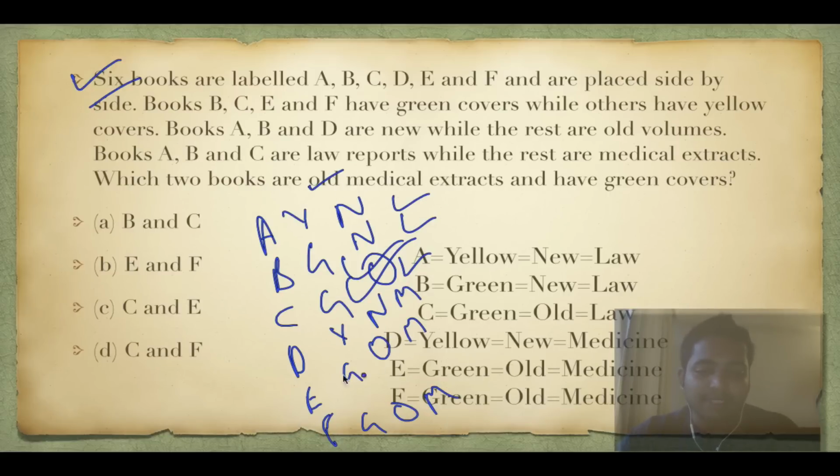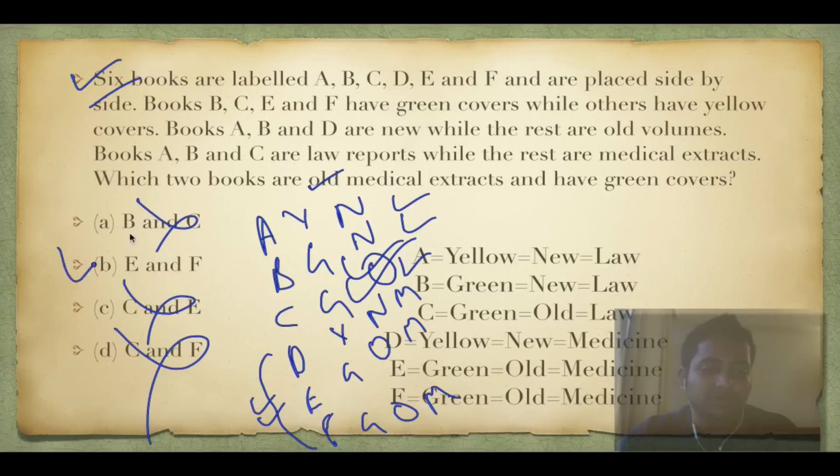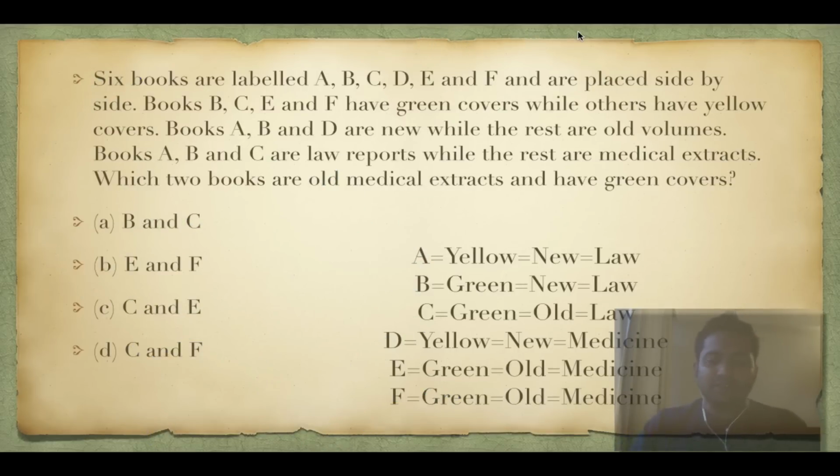Medical books can be only D, E, and F. So this option is gone, this option is also gone, this is gone. So just by seeing medical, the answer becomes B. It will take you 30 seconds, not more than that. These take some time, but they can be solved within 1 minute. So your aim should be solving these questions in less than 1 minute, because you will take some time in